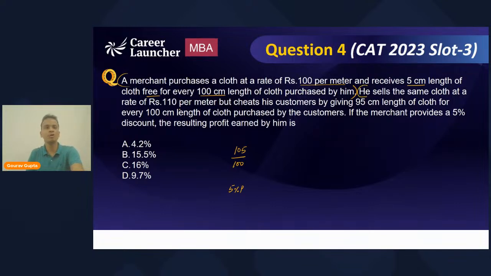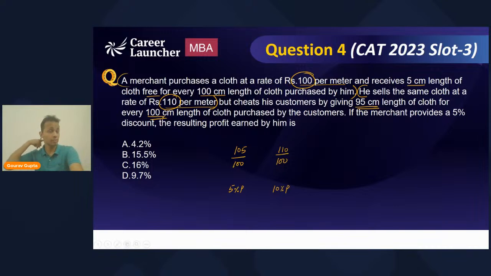He sells the same cloth at rupees 110 per meter. He bought it at 100, he's selling it at 110. So he will have a profit of 10%. Or for this, I can write it as 110 upon 100. Okay, right? This is the second factor. Done? Now the third, he cheats his customer by giving 95 centimeters for every 100 centimeter cloth purchased by the